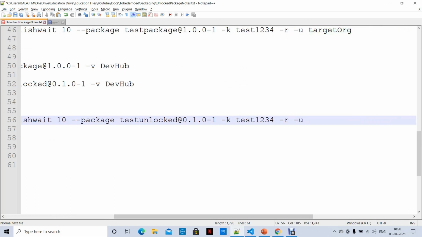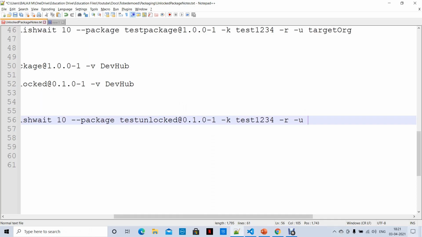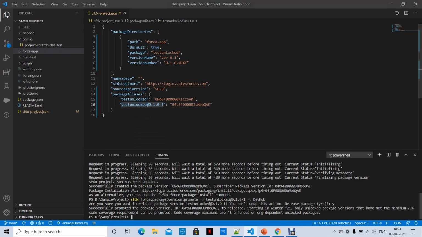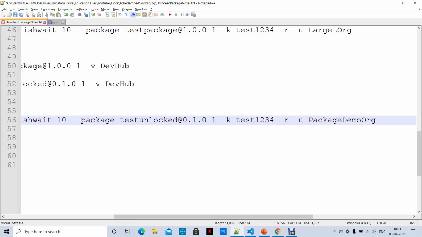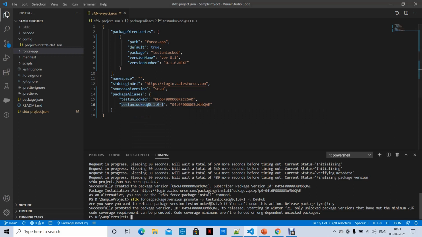Our target org is this one, package demo org, right? Yeah, package demo org. Let's take this command. Let's do this.